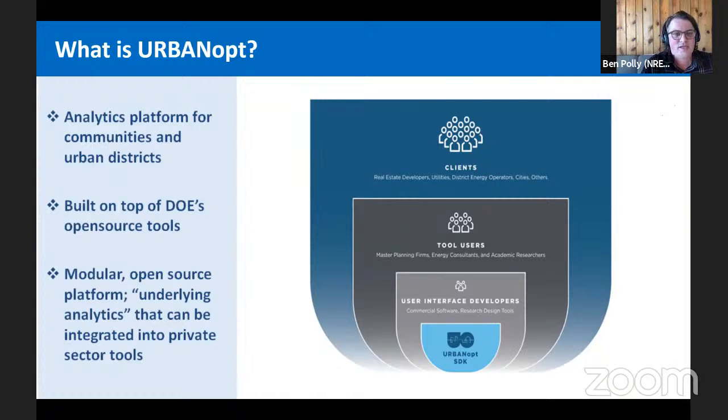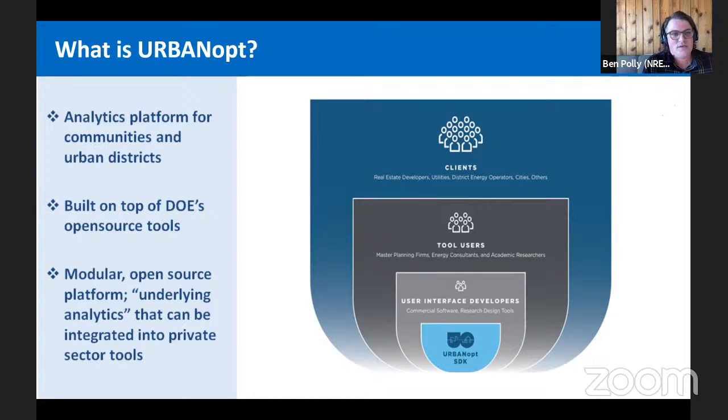So our target audience for URBANopt are commercial software developers like Chris and Ladybug Tools who want to utilize URBANopt capabilities, maybe a particular part of URBANopt, in their end user facing tools, applications, interfaces, web services, etc. The ultimate vision is that URBANopt will support a variety of commercial software developers for a variety of different use cases at this community or district scale, and ultimately scale that up by influencing a variety of projects for a variety of clients.